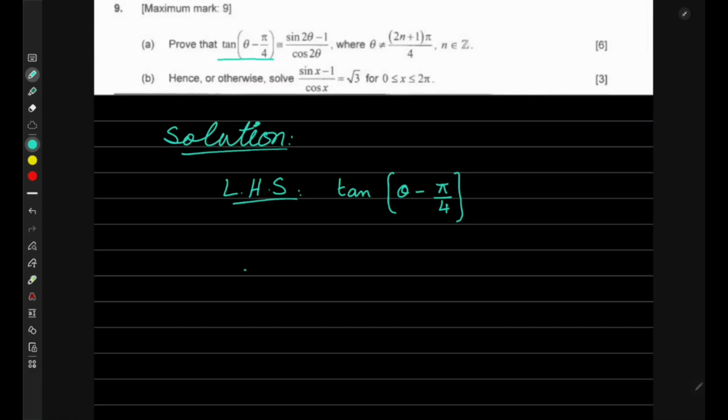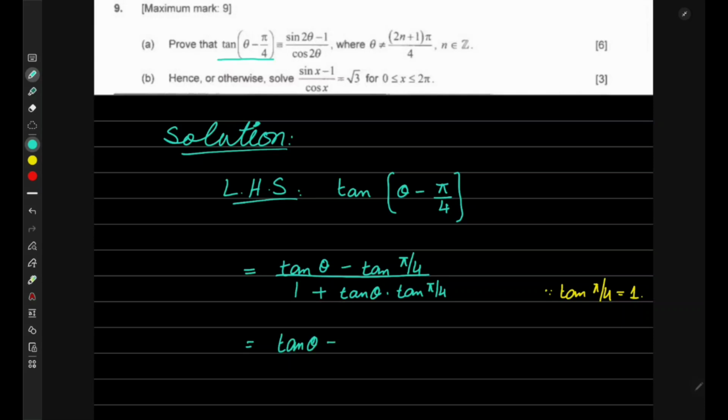Now open the formula. We know that tan theta minus tan pi by 4 over 1 plus tan theta into tan pi by 4. We know that tan pi by 4 is equal to 1. Now putting the values,